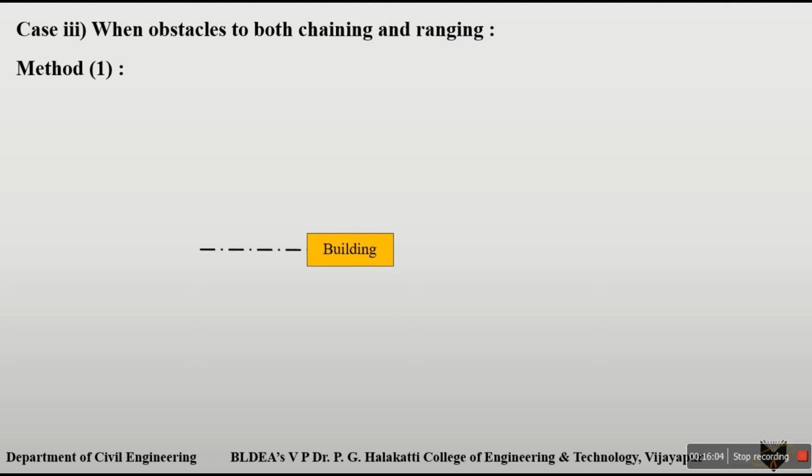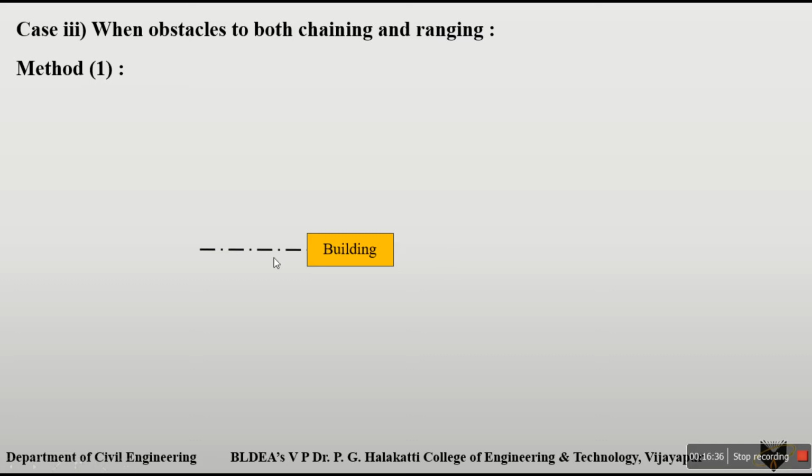There are two obstacles. Just observe here. This is our building, a tall building. So if the building is the obstacle, this is our chain line. We have started from some point here and come to here, whatever the survey line is. Again you have to continue this survey line along either side of the building. But the chain line is not visible at either point. We don't have points on this side of the building.